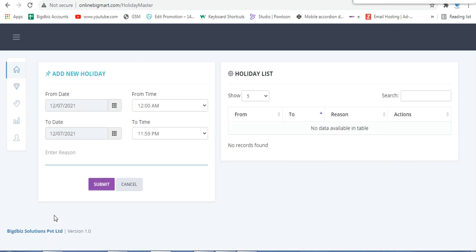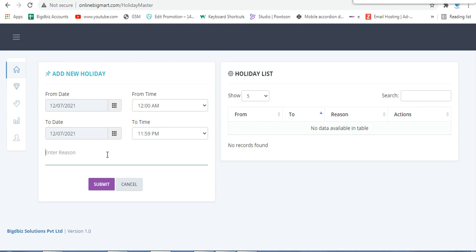In case you want to keep this app under holiday, if you don't want your customers to place orders, you don't want to receive orders for a week or a day or a month, you can set from date and to date. Till then, whoever opens the app, this particular reason will appear. For example, if you are going for a holiday, you can mention we are temporarily closed, coming back next week. Automatically when someone opens, it will show now temporarily closed.